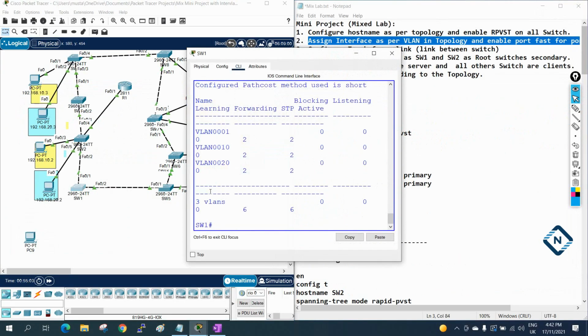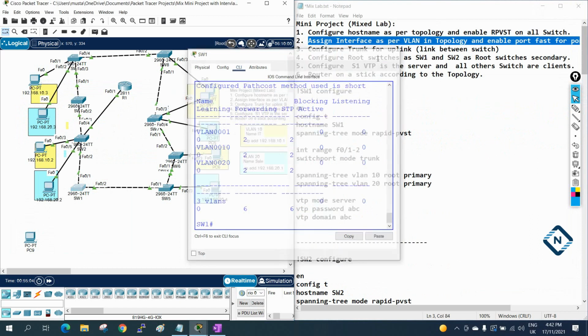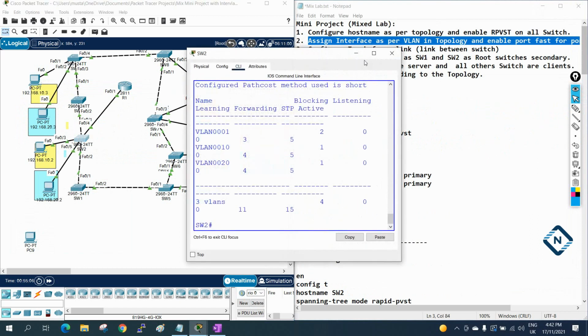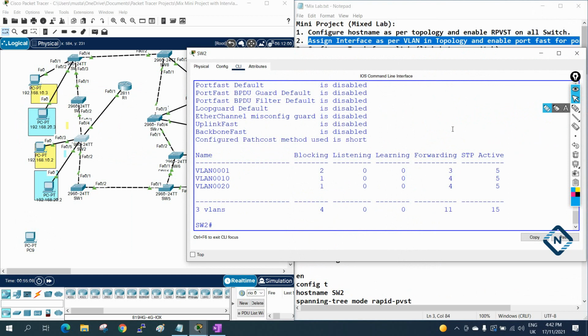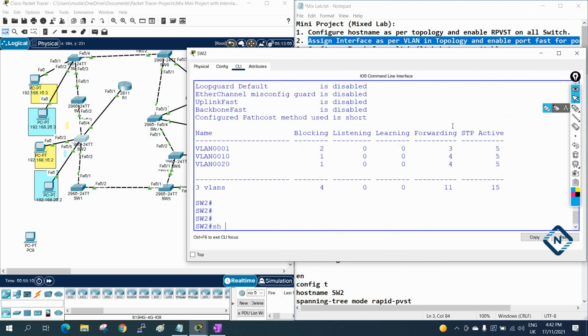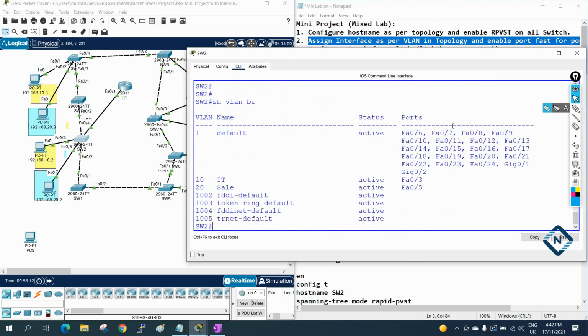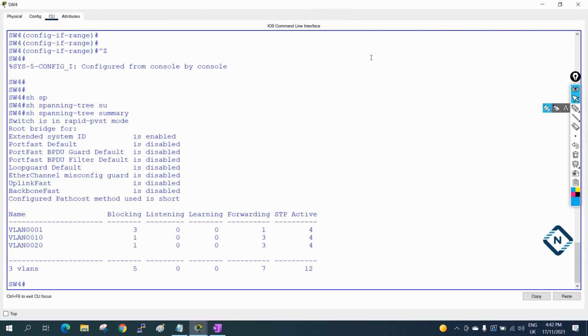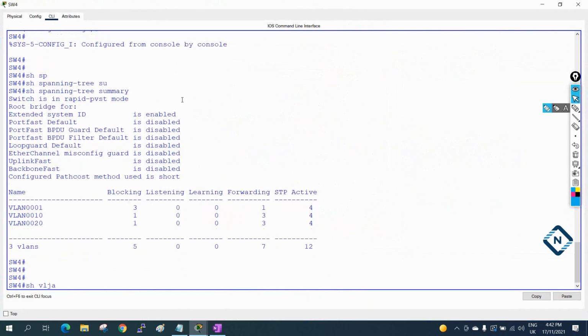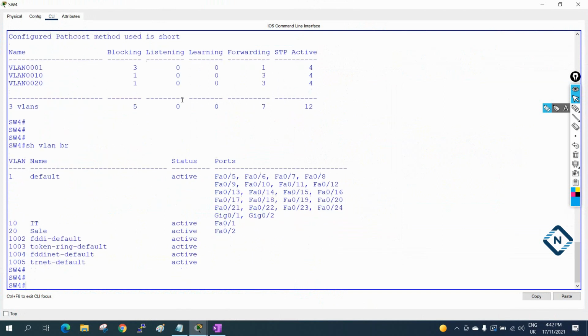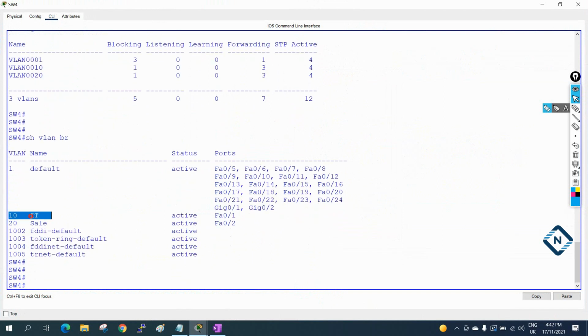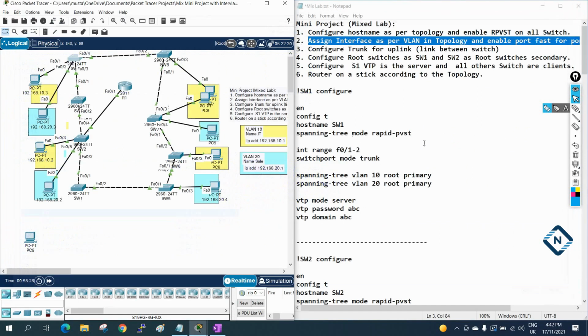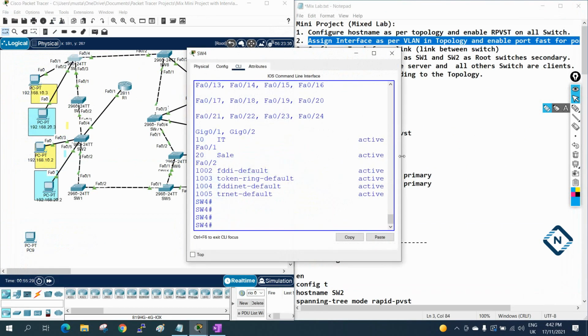What we can do here, we don't have, so no need to worry. Here we have 2 PCs. We just need to check these 2 PCs. How will we check? We just write here show VLAN brief. Okay, these 2 interfaces we did. This is good. If we go here, we don't have. Here we have. Let's see if we have 2 interfaces or not. If we go here, show VLAN brief. So this one is good. We have 2 interfaces.